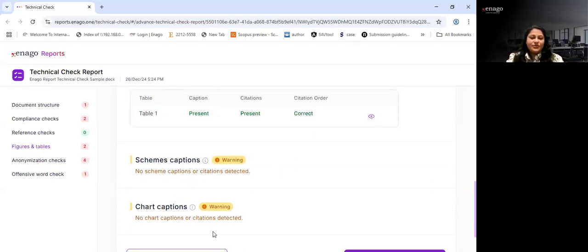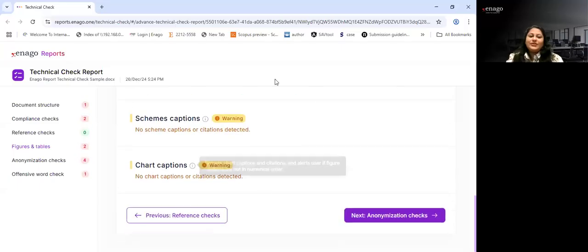Schemes and captions. So this is a warning. Now, generally, these are present in specialty manuscripts like chemistry or nanotechnology or physics, wherever there are chart captions or scheme captions. So it's applicable to those studies. It will show you the